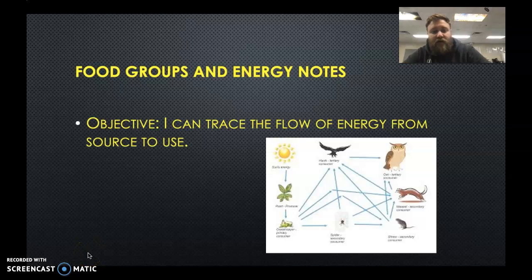I'm here to talk about our first learning target of the unit, which is food groups and energy. A lot of this will overlap with what you talked about last year in biology: how energy goes from your producer all the way up to primary consumer, secondary, tertiary, and so forth, as it moves through the food chain, food web. So let's talk about basically what types of foods we have, what they're grouped into, and what the energy they